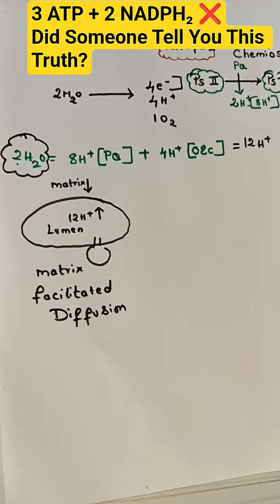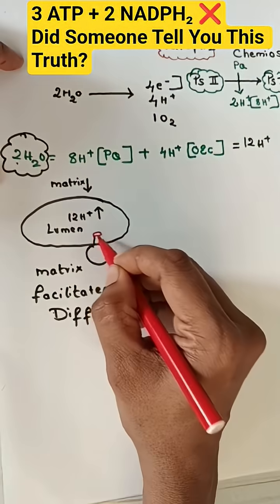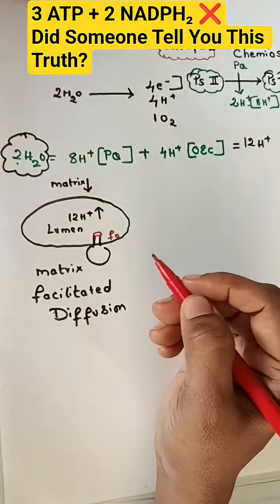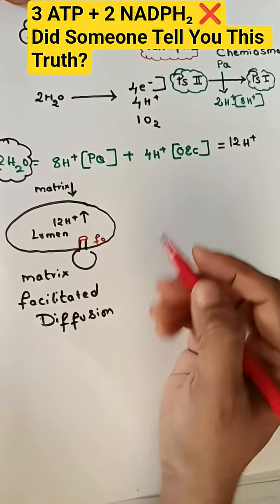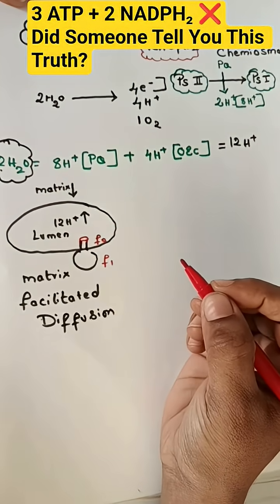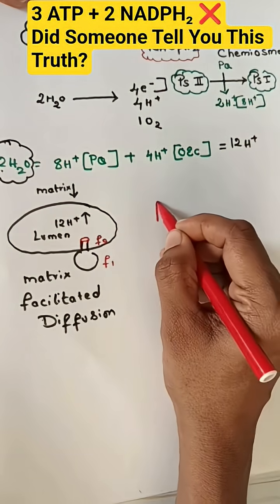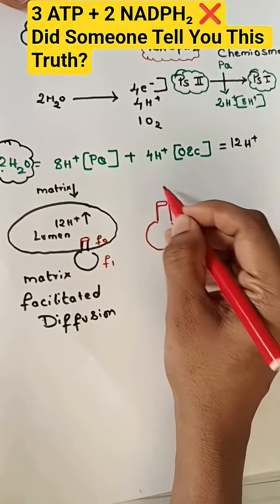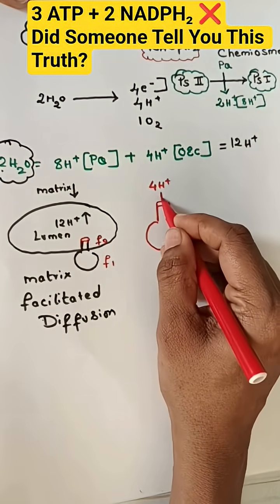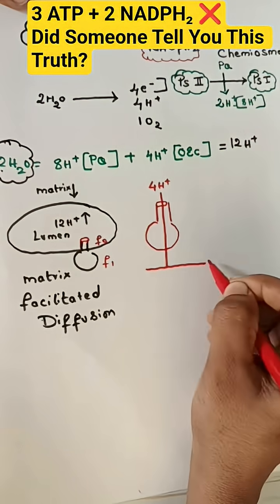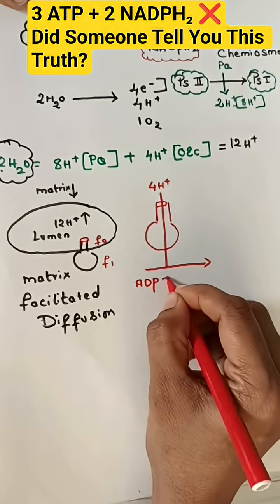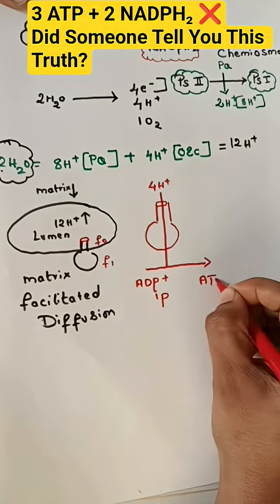In the previous classes, I told you this is the proton pump, which you call an intrinsic or integral protein, and I'm going to call this one the external, F1, catalytic or peripheral protein. Now there are 12 protons. Every time, 4 of the 12 protons pass from F0 to F1, which is involved in photophosphorylation of ADP plus inorganic phosphate to give you 1 ATP molecule.